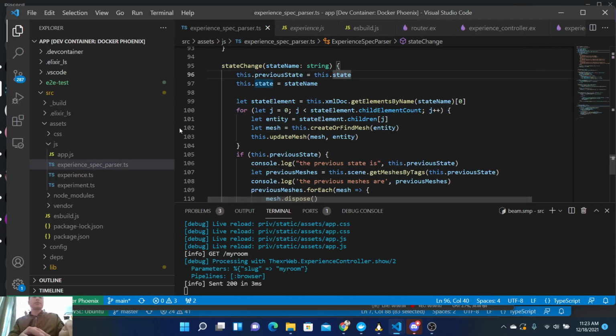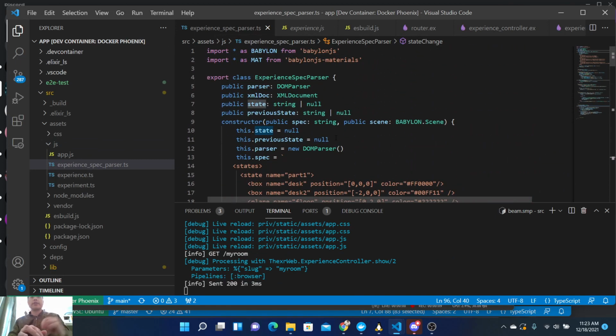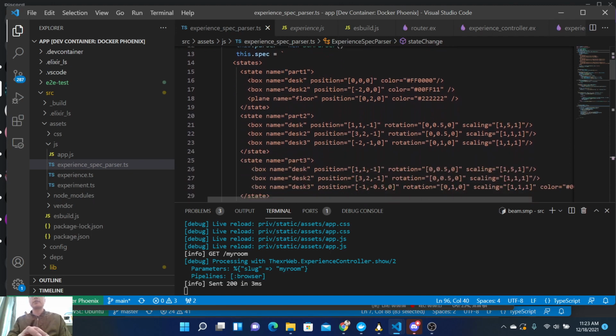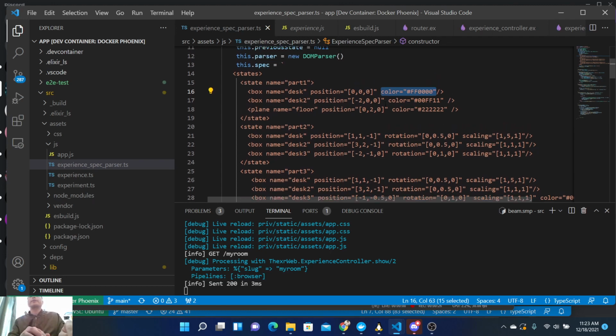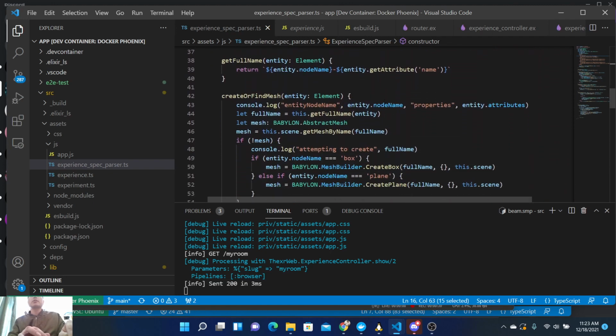Okay, I want to talk about some changes I made to add color support. Here we have this specification for states, and you have a bunch of states, and I added color, so you can send in a color string. I already had some code from the previous iteration of this product where, when we parse it, we come down here where we're iterating through every element,